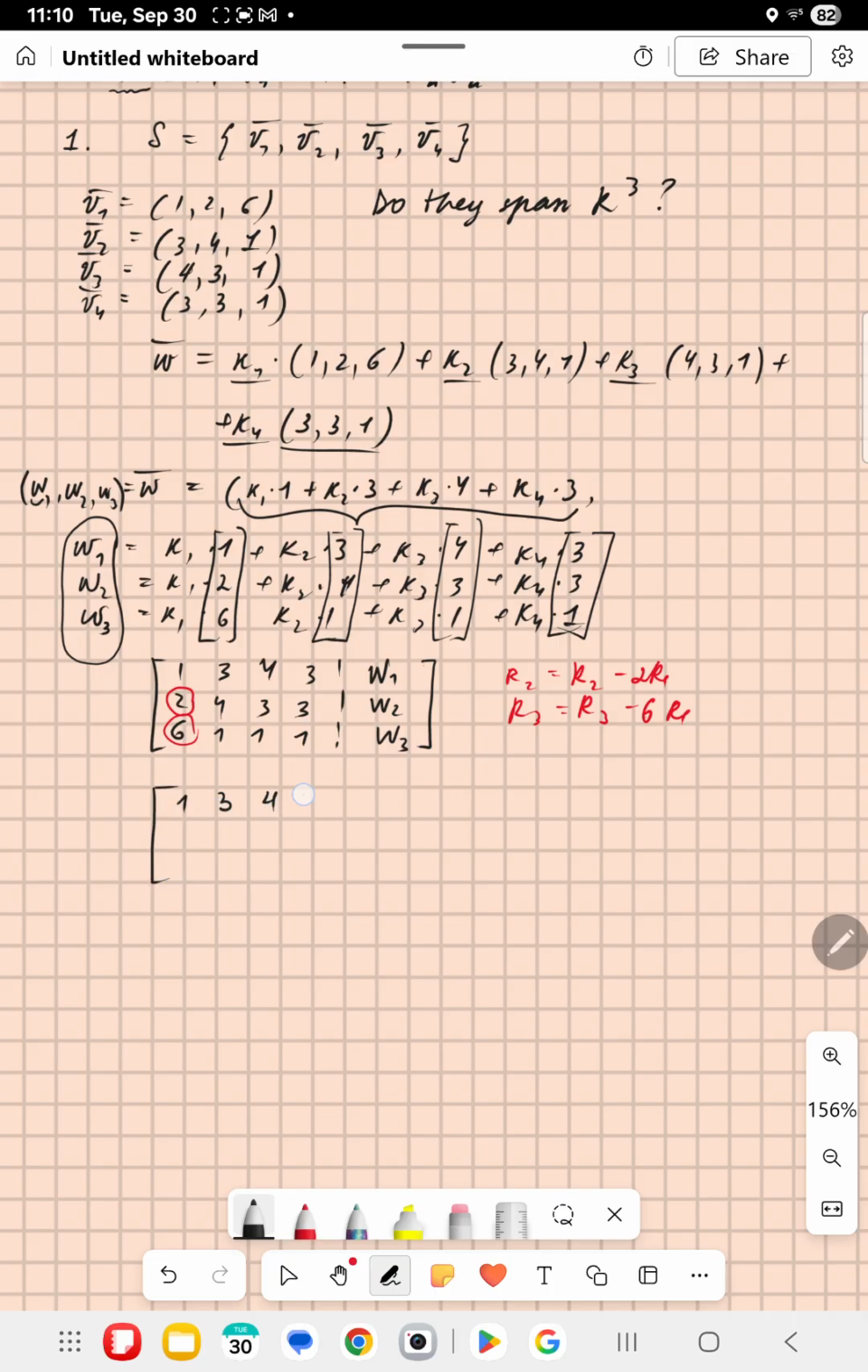1, 3, 4, 3, W1, and here multiplying by 2 is going to eliminate, 0, right? 3 multiplied by 2 is 6, 4 minus 6 is minus 2, 4 multiplied by 2 is 8, 3 minus 8 is minus 5, and 3 multiplied by 2 is 6, 3 minus 6 is minus 3, and W2 minus 2 W1, right? That's how we do it. And I'm going to do the same over here, so it's 0 here, right? And here we have